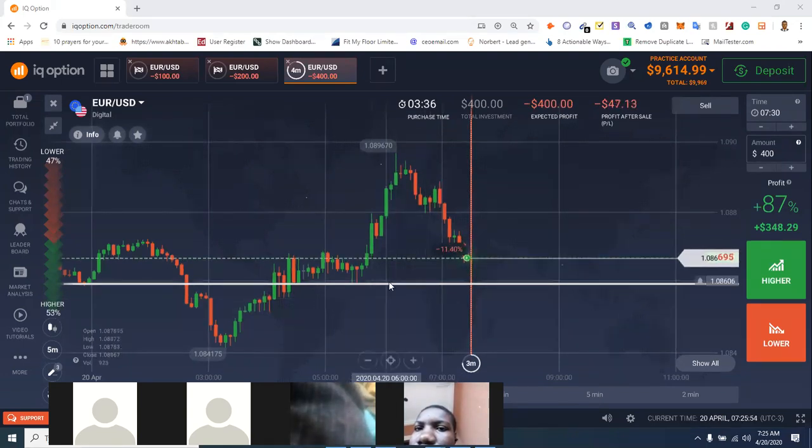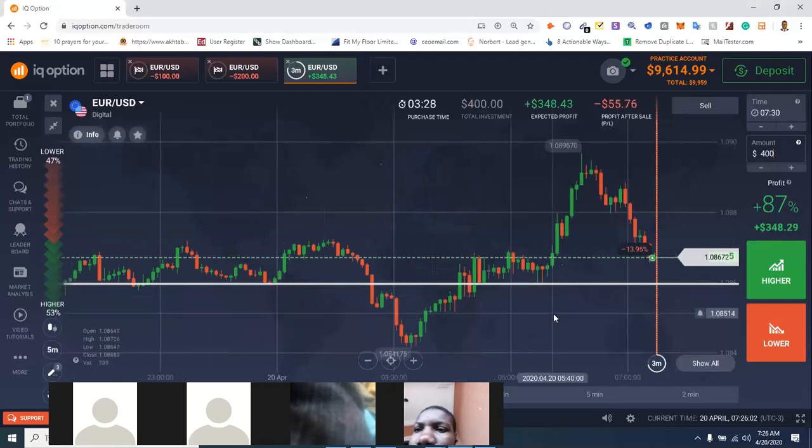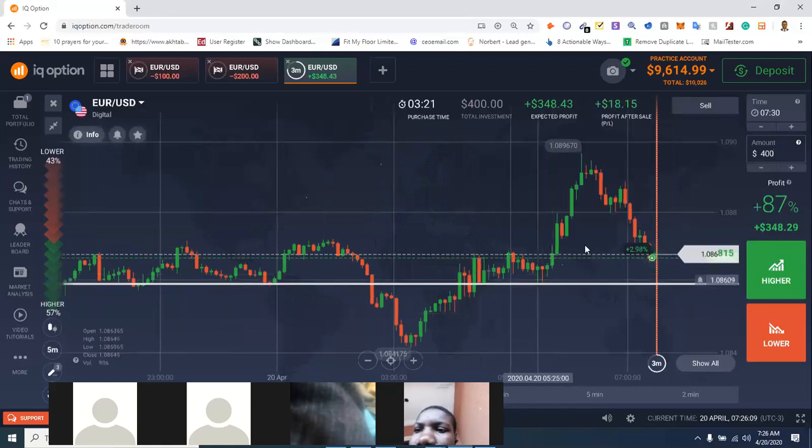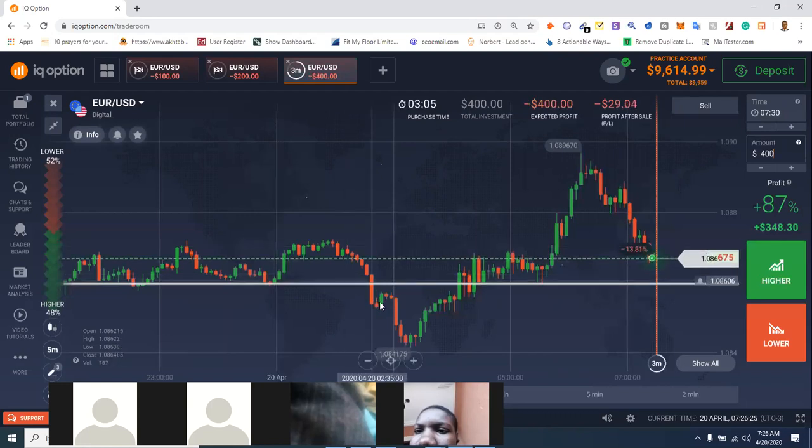How do you pick point of support and resistance? I told us that to pick point of support and resistance, you need at least 3 points. At least 3 points. What are those points? The point that the market got to before reversing. If you check from this area, the market came down here, went up, came down here, went up, came down here again, went up small, down, up, down. It came down to this area, down to this area, went up again, tested it. It's like it's testing those spots, whether it's going to go below it or not.